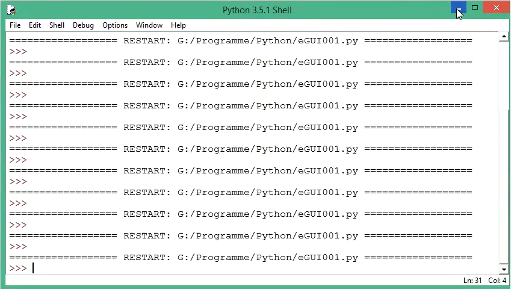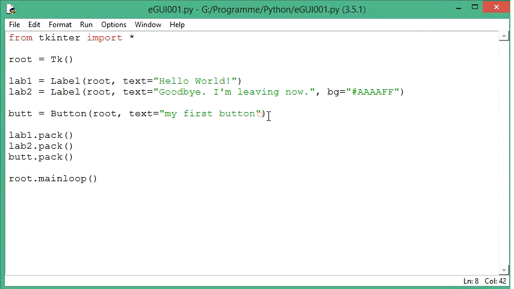Okay, so we can bind a command to a button by the command option is equal to, and now we don't have to use the quote signs, we just have to